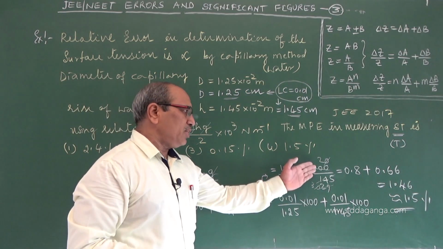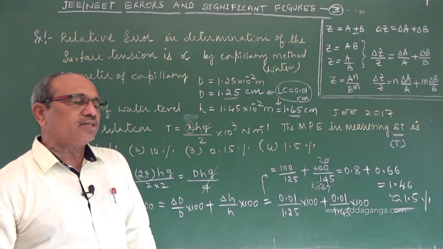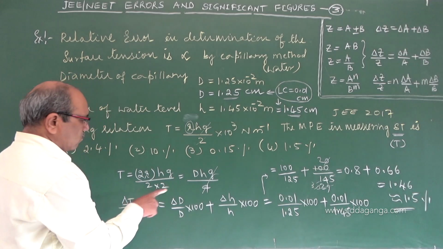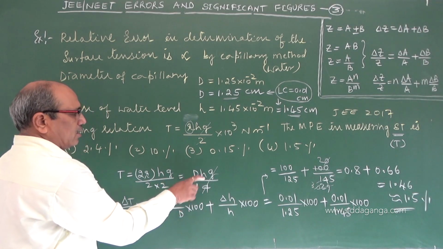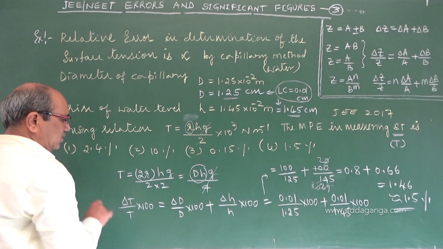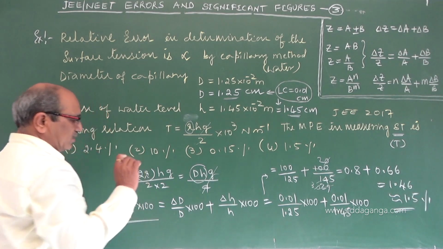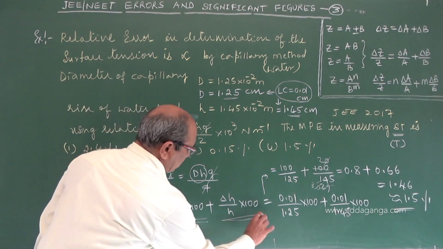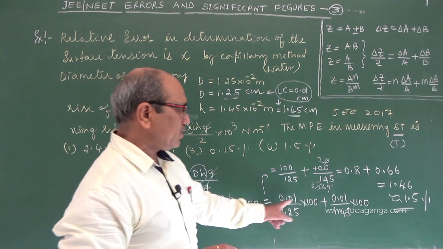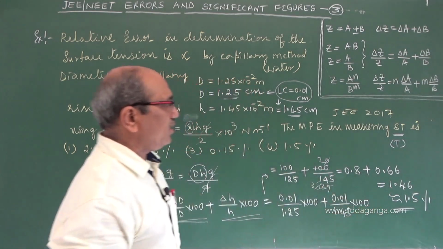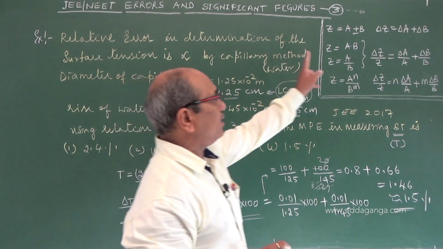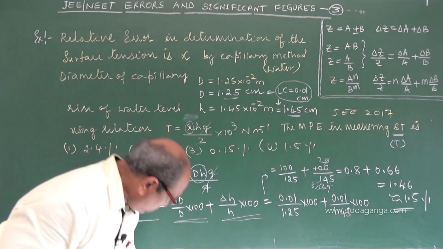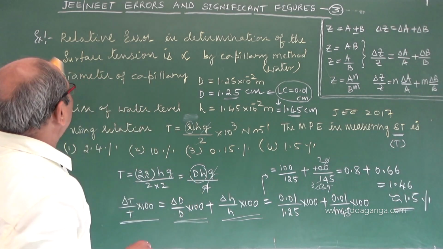This is necessary because here no logbooks or calculator are supplied to you, so you have to approximate and get the answer. I hope you followed why I directly substituted d. These two are the variables in the surface tension, and since the percentage error was asked, we took the variation in the diameter and height measurements, and simplified to get 1.5%. We applied the product rule: the errors of the individual quantities are added. I think you understood. Let us go to the next question.